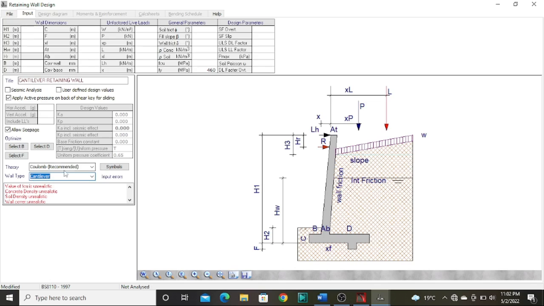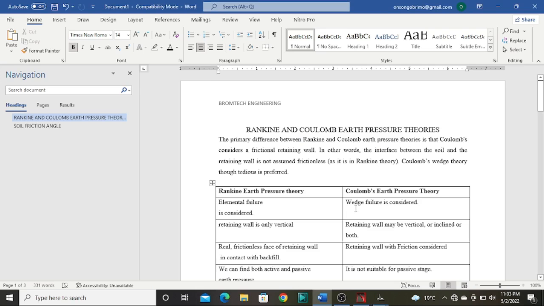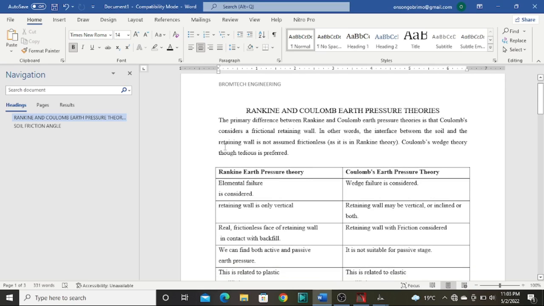After that, you choose the theory of design you want to use. We have Coulomb theory and Rankine's theory. Rankine's theory normally does not use friction between the wall and soil, but Coulomb assumes that there could be friction between the wall and the soil, and actually it's the recommended one, even if it could be tedious whenever you're doing manual calculations. And if you want to know the differences in the two theories, is that